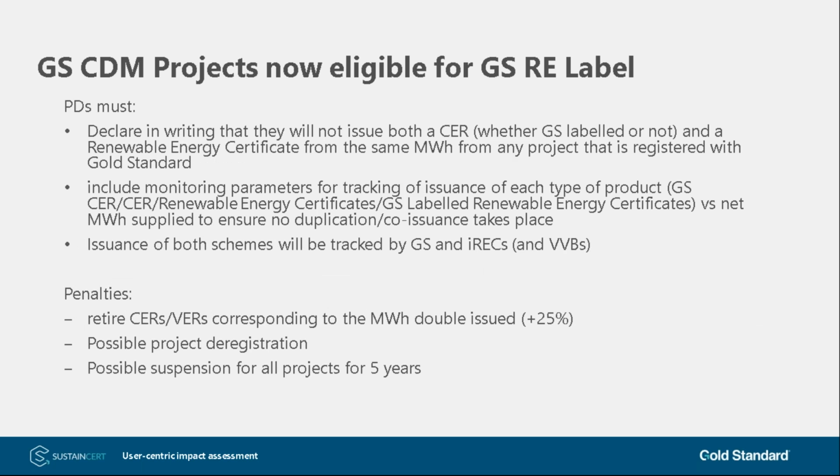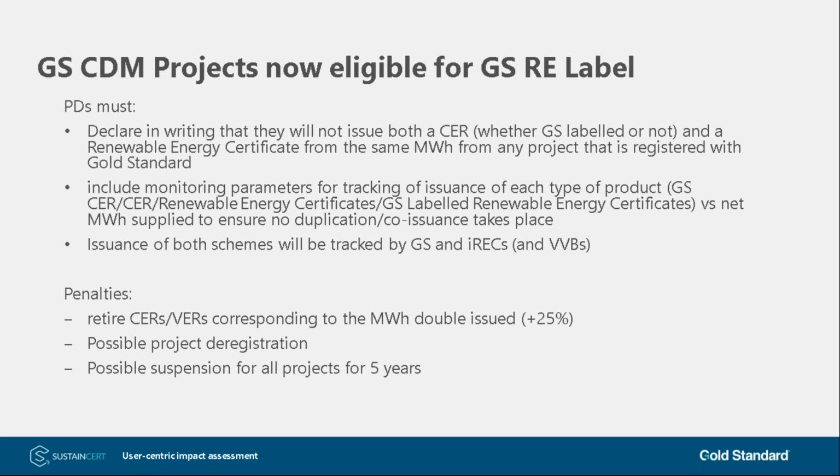So the legal safeguard is that project developers need to declare in writing that they will not issue both CERs and renewable energy certificates from the same megawatt hour for any project that's registered with Gold Standard. And so that is a commitment, really, that if a project chooses to issue a straight CER without Gold Standard awareness, and it's remaining registered as a Gold Standard project, there is a commitment not to issue a renewable